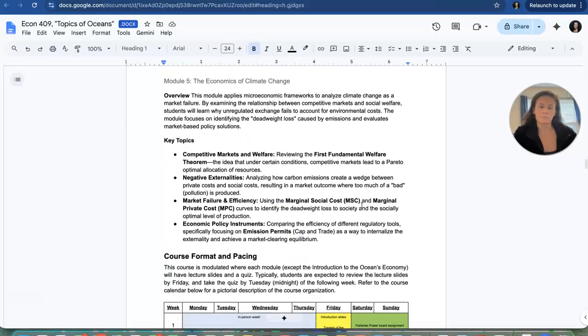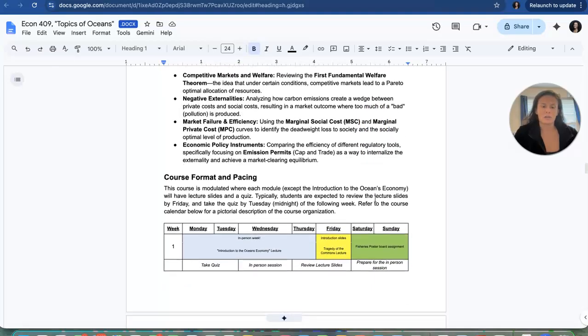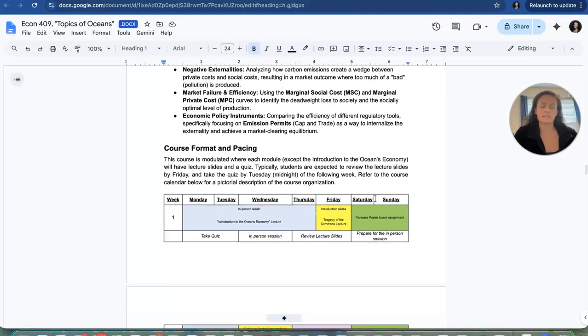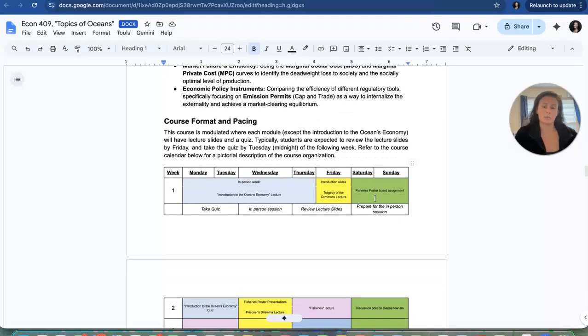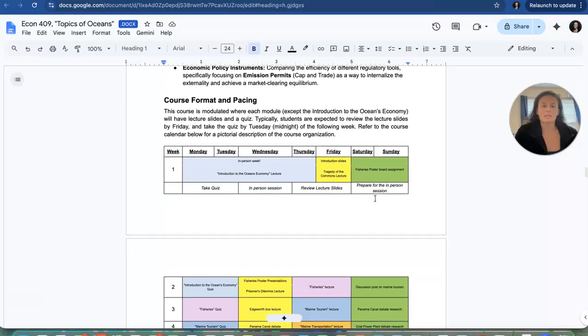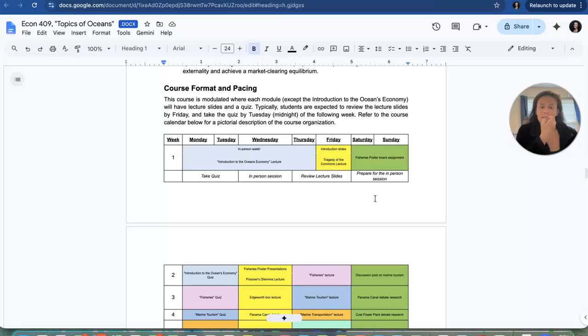And I know I'm going pretty fast just because I'm on this time constraint and I don't want to run out of time to make this video. So you guys are more than welcome to review the syllabus and look at these things a little bit more in detail. So last thing I want to point out from the syllabus is the course format and pacing,